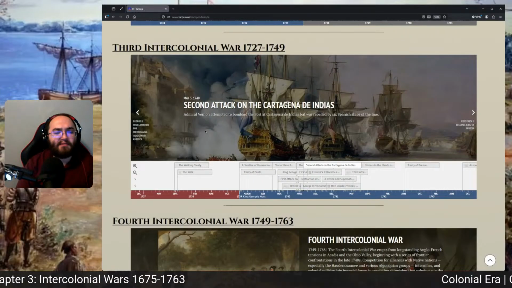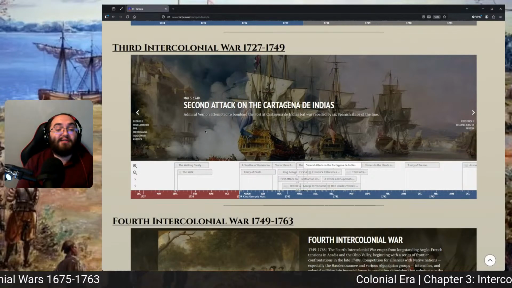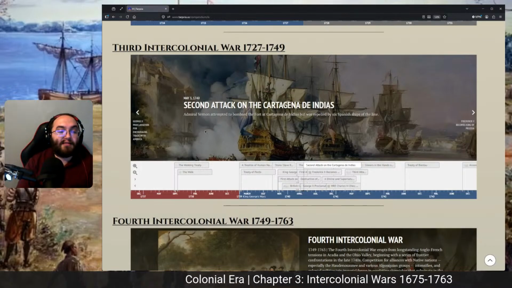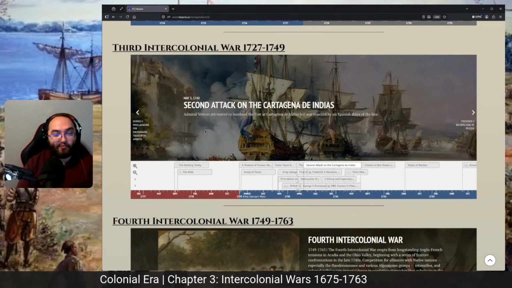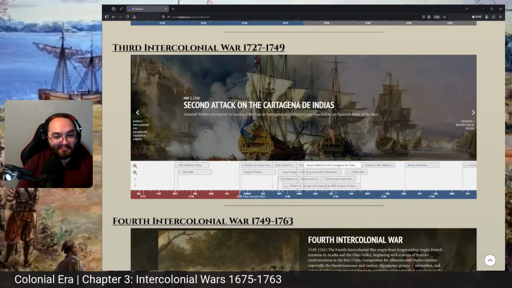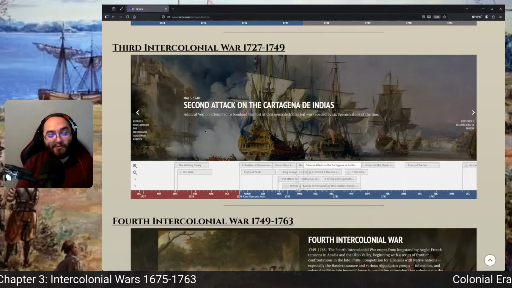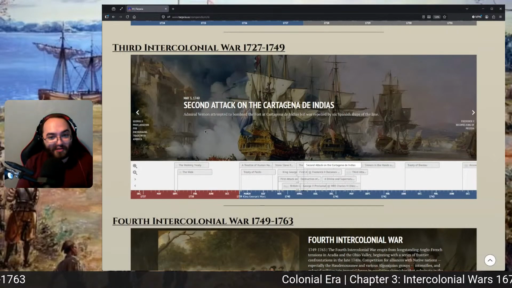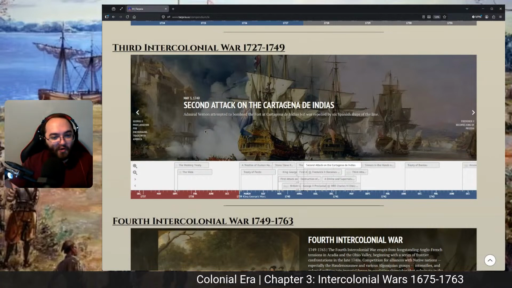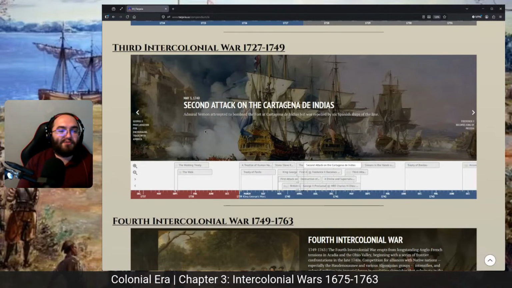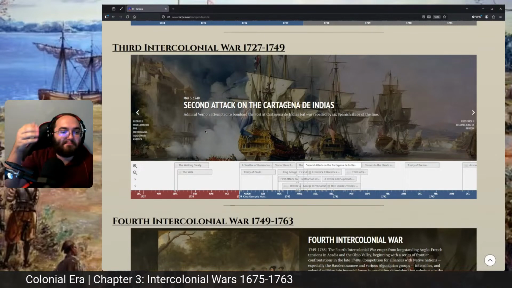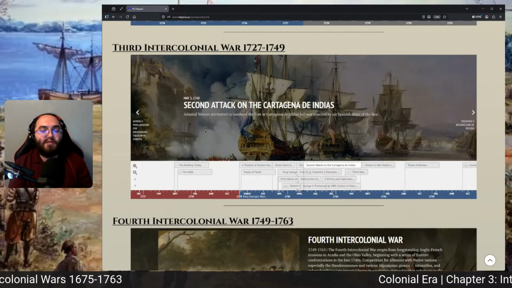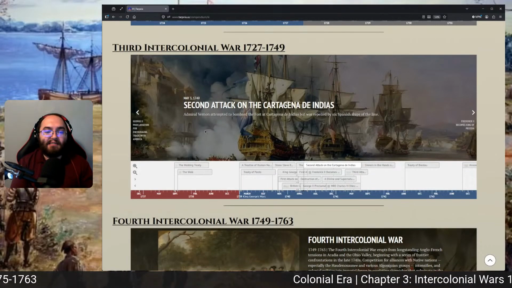Here's the second attack on Cartagena de Indias, Admiral Vernon. That is Admiral Vernon. It should sound familiar for anyone who knows about George Washington, because Mount Vernon, George Washington's home, is named after Admiral Vernon, this guy. And so Admiral Vernon attempted to bombard the fort, but is repelled by 6 Spanish